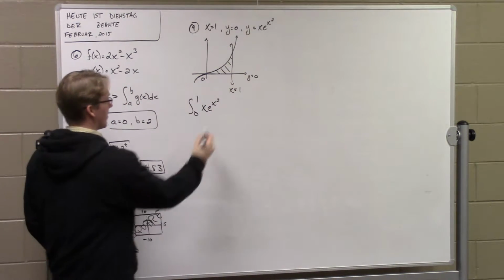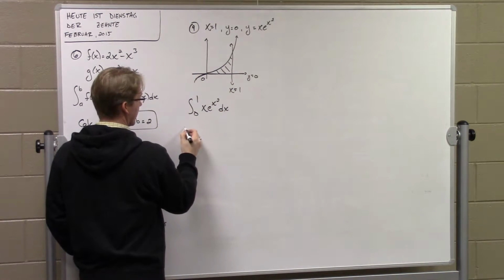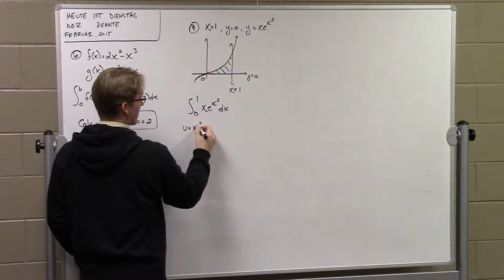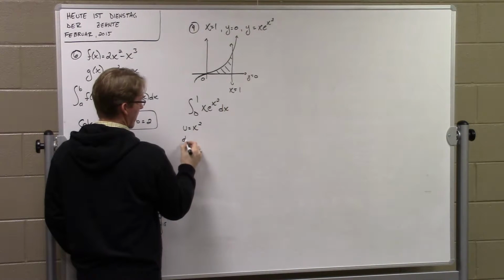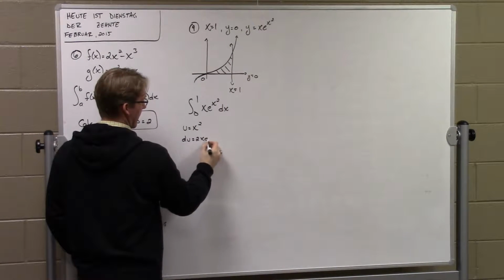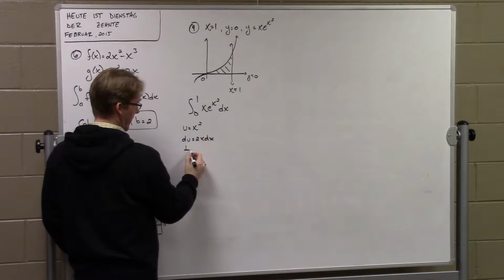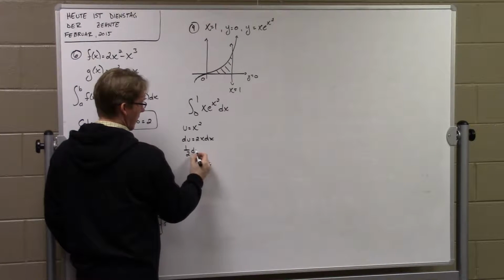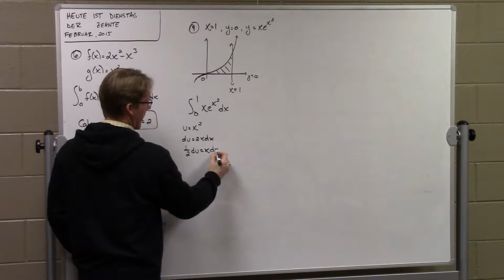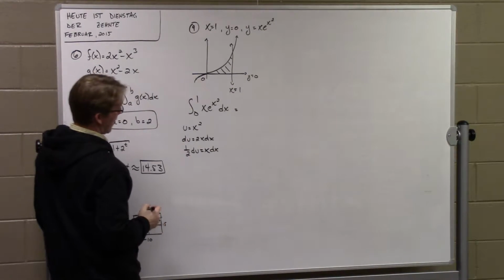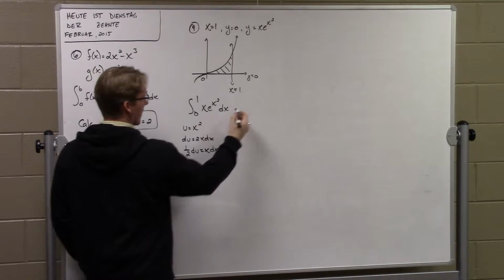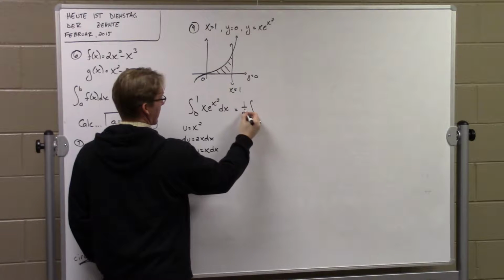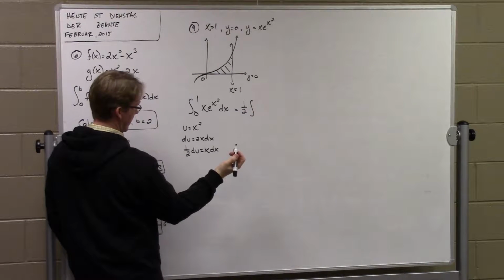Pretty straightforward. This is a teeny tiny u sub problem. U is going to be x squared. That'll make du 2x dx. We don't have a 2, but that's easily remedied. 1/2 du equals x dx. So if I do that little swap out, I'm going to get 1/2 antiderivative from,